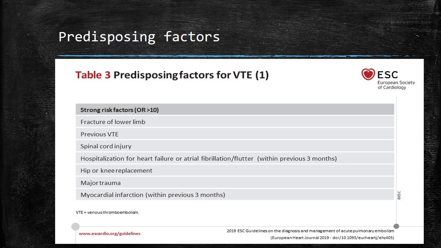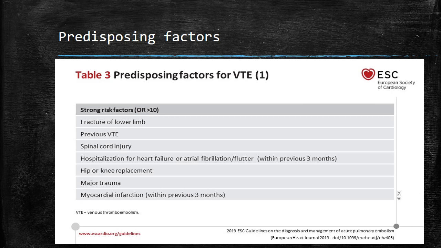Predisposing factors. So there must be some predisposing factors. Some of them are strong risk factors, some of them are moderate risk factors, and the others are mild risk factors. Important ones are the strong risk factors, which are fractures of the lower limb, long bones basically, and fractures of the lower limb cause fat embolism syndrome. Previous history of venous thromboembolism, for example, history of deep vein thrombosis, or history of previous pulmonary embolism, or a female patient who has got history of amniotic fluid embolism, spinal cord injury due to immobilization,